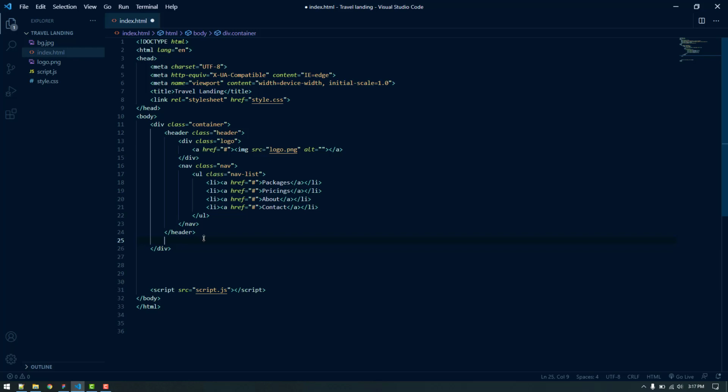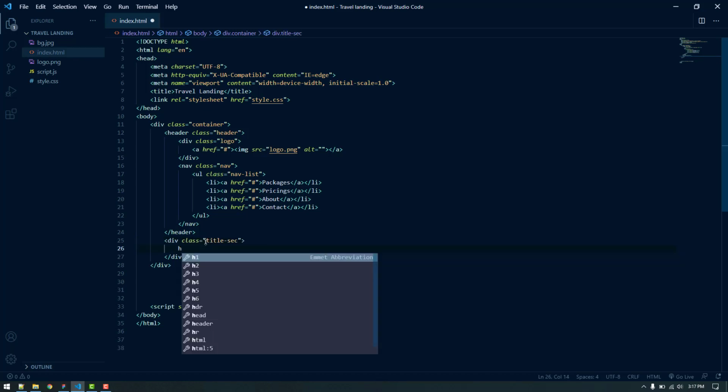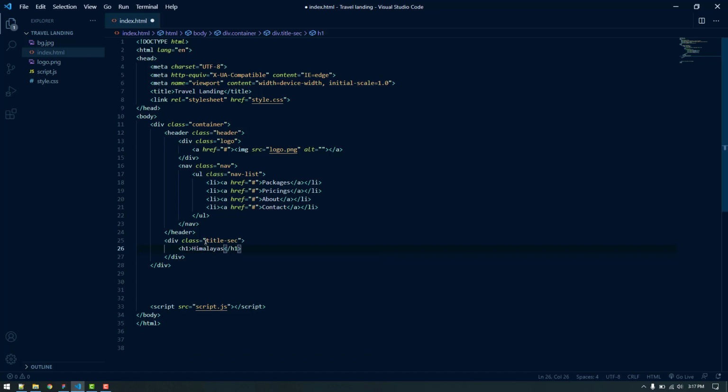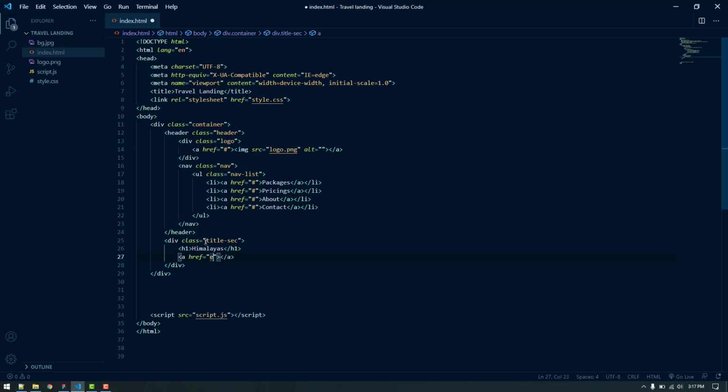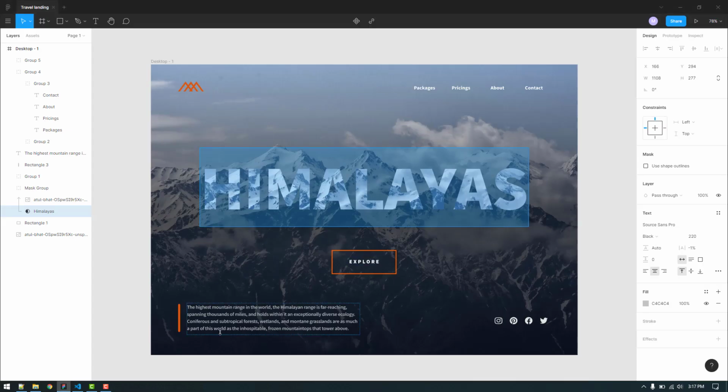Now after finishing the header tag, I am going to create a new div with the class of section title, or maybe title section, and inside it I am going to put the text inside an h1 tag. After that, let's use an anchor tag, and the text is explore. This will be this button here.